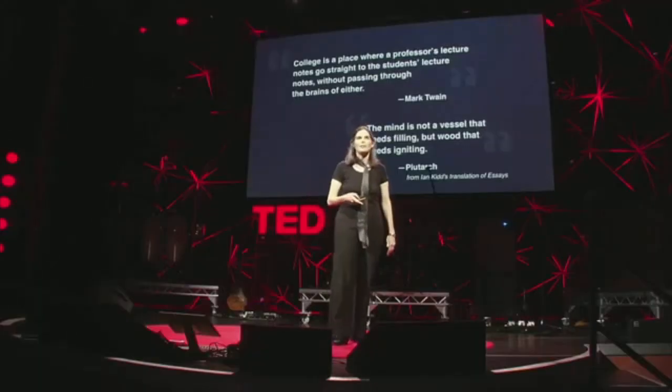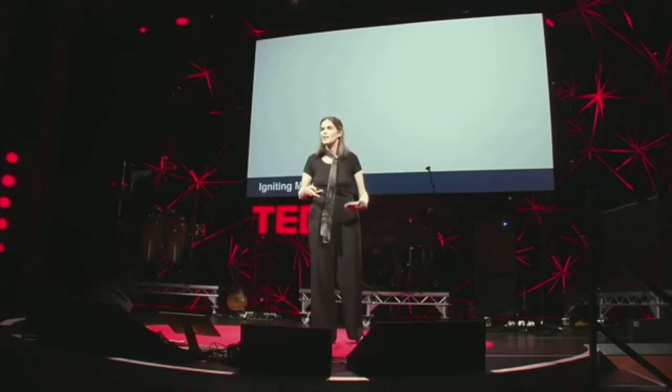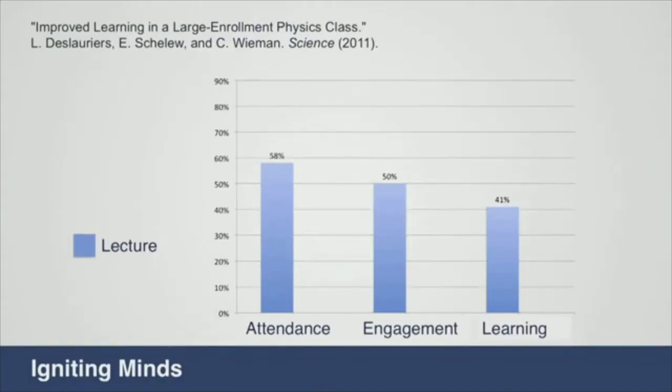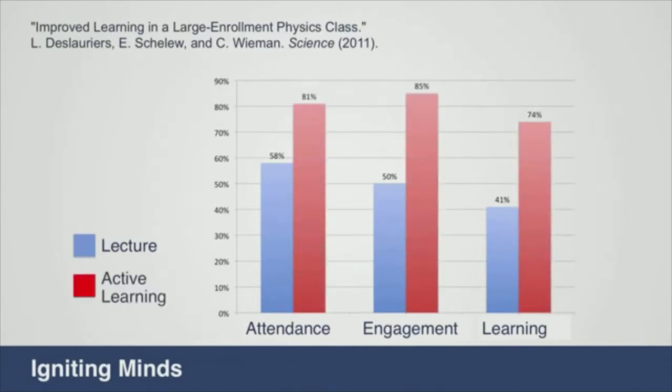And maybe we should spend less time at universities filling our students' minds with content by lecturing at them, and more time igniting their creativity, their imagination, and their problem-solving skills by actually talking with them. So how do we do that? We do that by doing active learning in the classroom. There have been many studies, including this one, that show that if you use active learning, interacting with your students in the classroom, performance improves on every single metric: on attendance, on engagement, and on learning as measured by a standardized test. You can see, for example, that the achievement score almost doubles in this particular experiment. So maybe this is how we should spend our time at universities.